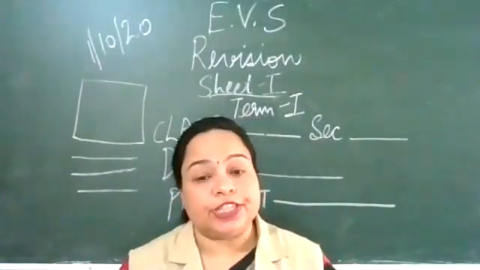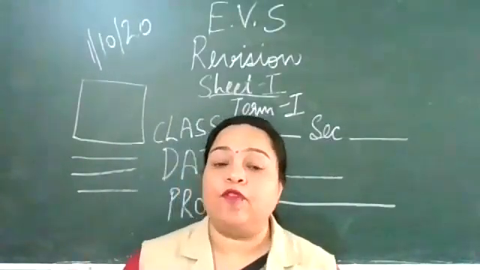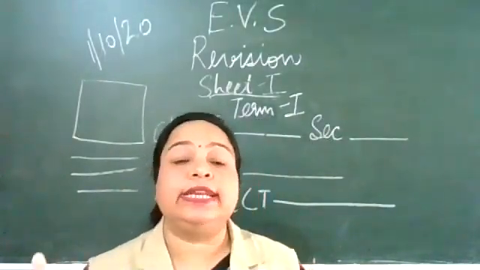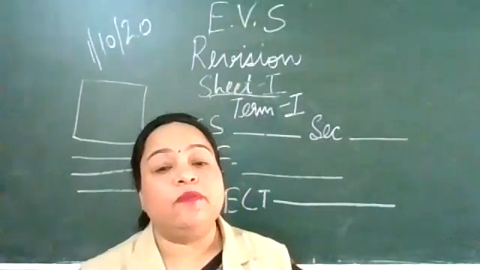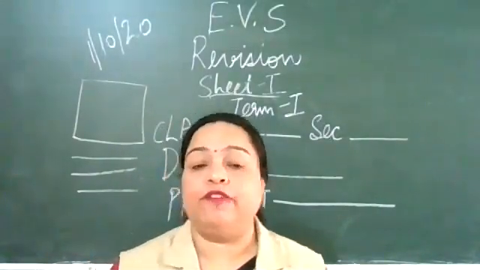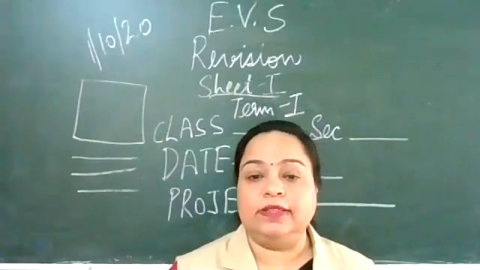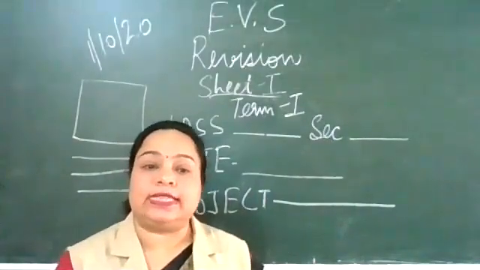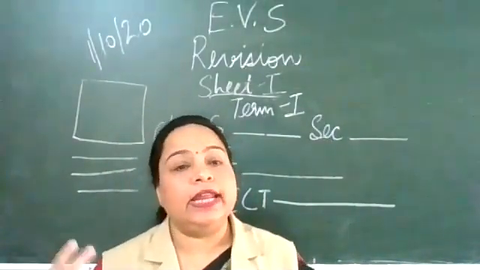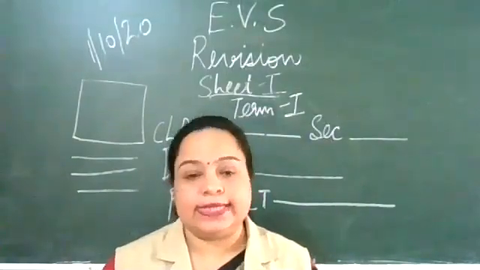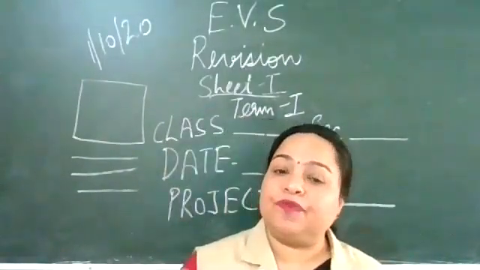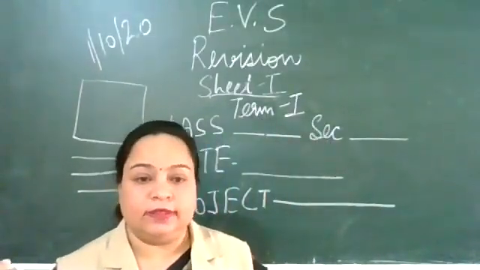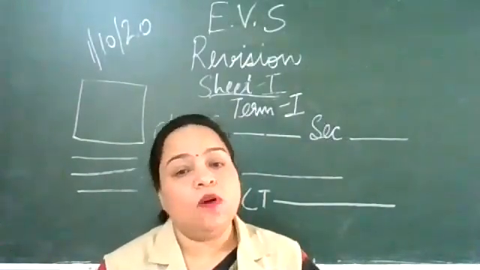So water keeps on changing its form. The water is there in the seas and oceans. In the seas and oceans, it gets evaporated and forms clouds. And when the clouds become heavy, it comes down in the form of rain and snow on the earth, and again it converts into water. This water goes back to the seas, oceans, lakes, etc. Again it evaporates and forms the water cycle. So water on the earth is fixed, but keeps on changing its form from one to another. Okay, this is all about the water cycle.